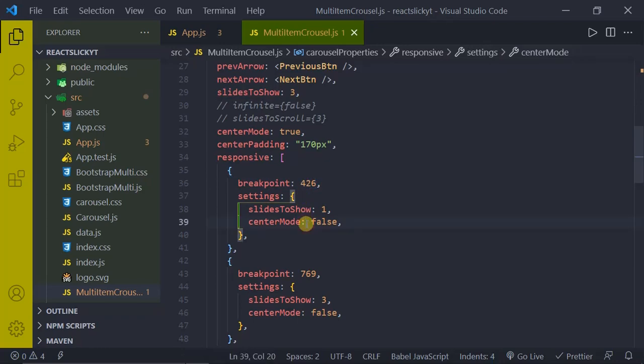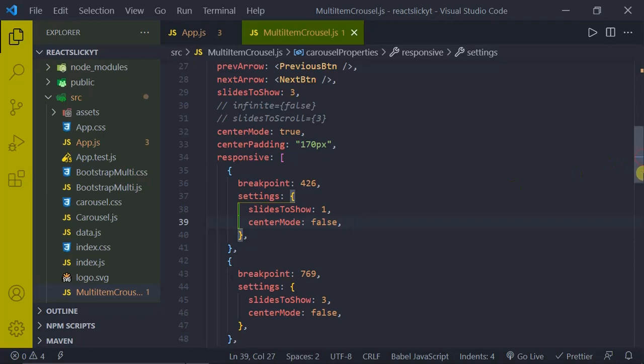Okay, and we are also setting one more thing, not only slides to show, we are also overriding one more prop, that is a center mode prop. As it is true, we don't want that to be true and we want it to be false, so we are writing over here, right, that is false. Not only slides to show, not only center mode, you can apply anything over here, that is the properties which are applied to our slider component, and you can override in this manner, right? So based on your required breakpoint, just do that settings, okay, and just override the settings you want.